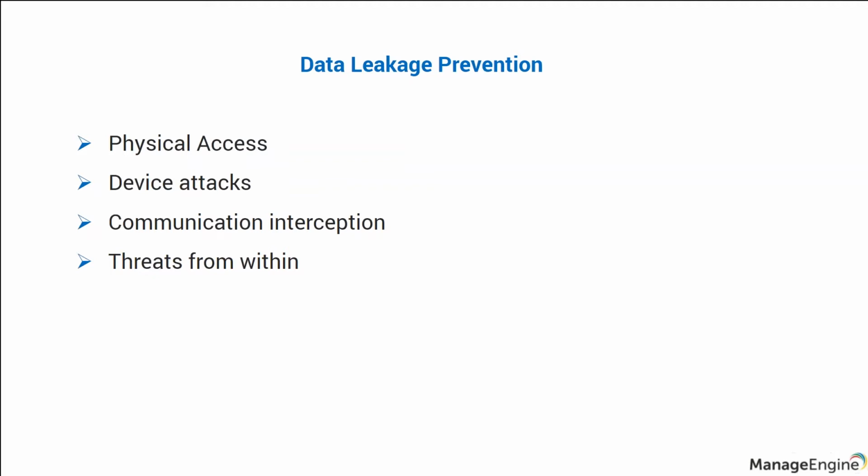Physical access is the most common type of data leakage. Mobile devices, being small, portable, and lightweight, are also an easy target to be stolen or get misplaced. According to Consumer Reports, a staggering 5.2 million devices were lost or stolen in the US alone in the year 2014. In the wrong hands, even the best antivirus is powerless.